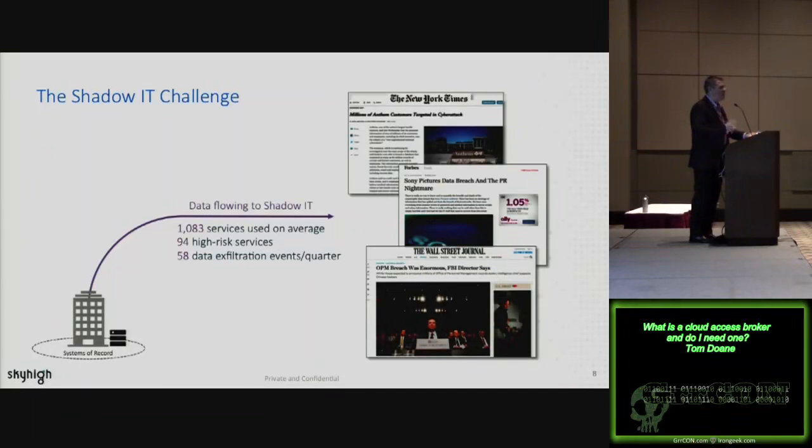If you're going to quit, it encourages you to steal all the information from your company and upload it to I'm being canned box. There's a cloud service for it. So there are cloud services out there for things you wouldn't even imagine there's a cloud service for. That's what we mean by high risk. And typically, we see at least 50 data infiltration events per quarter, and that's with the customers that we see